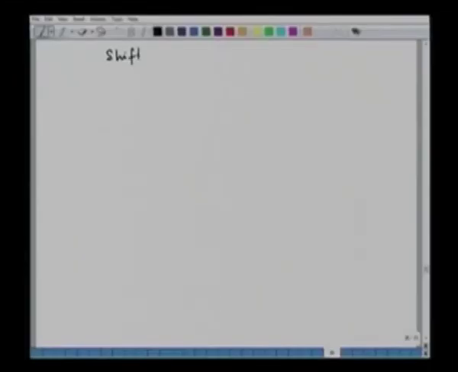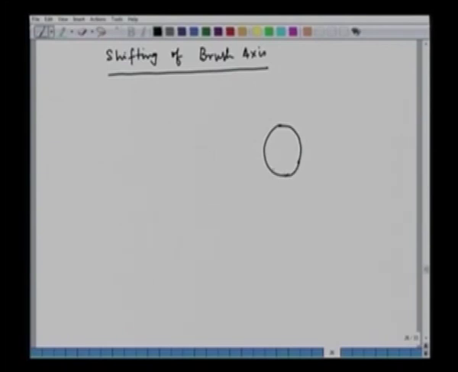Now, let us take a different problem. We will take a separately excited DC machine, but in this case the brushes are a little shifted from the magnetic neutral axis. Okay. So, what we have here is this, that we have a DC machine here,